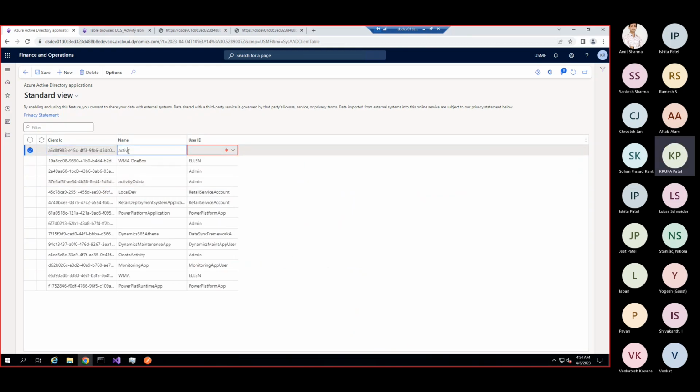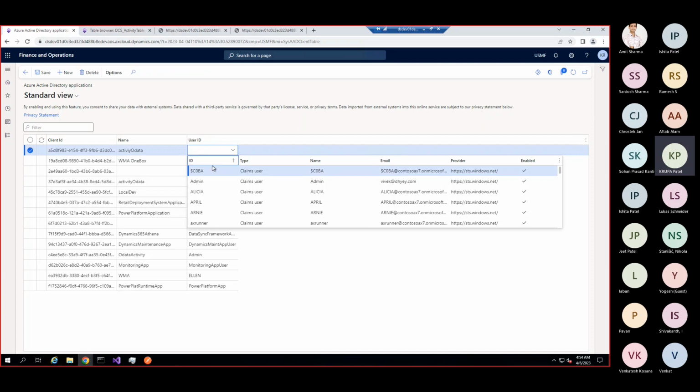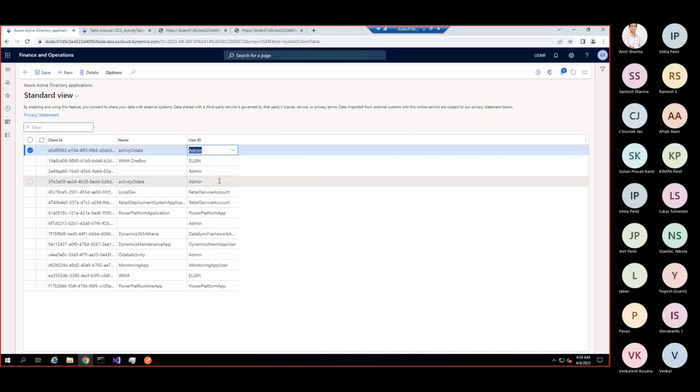Here we provide the name, and we provide the user. So we'll save it. Yeah, so now our application is ready. So let's just go back to the PPT.